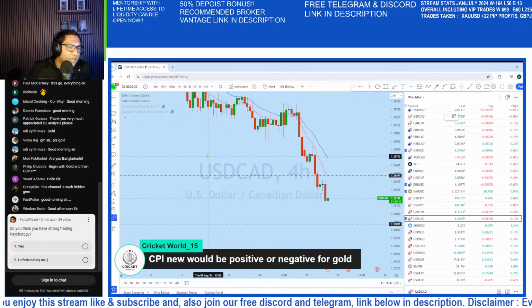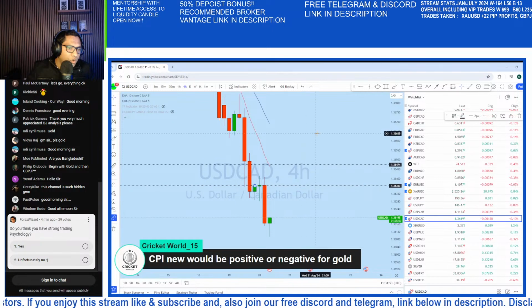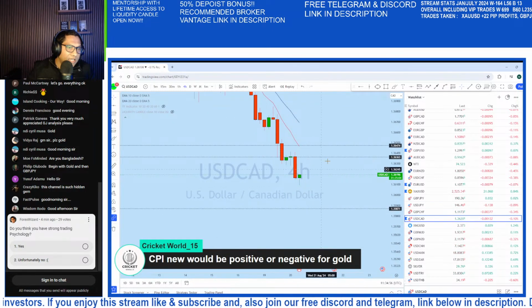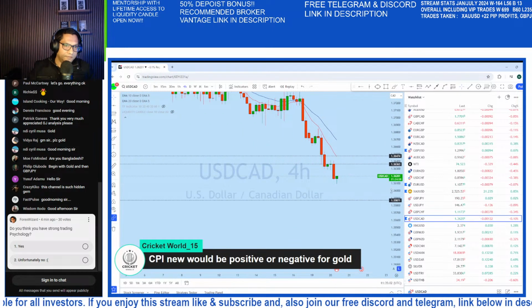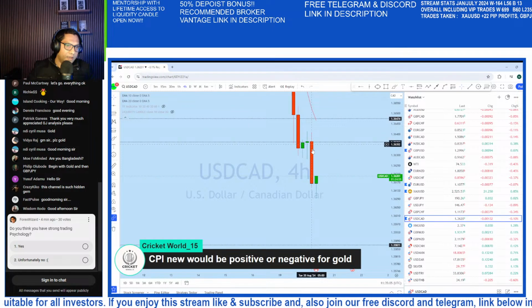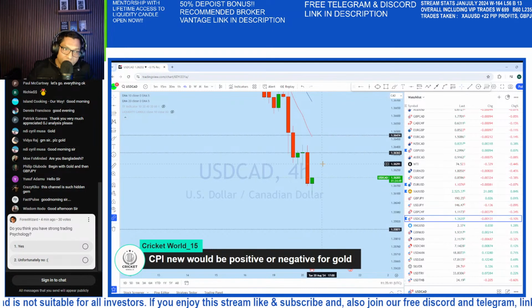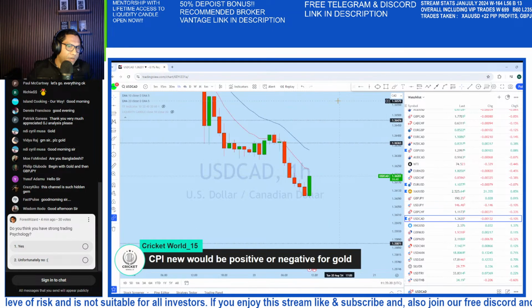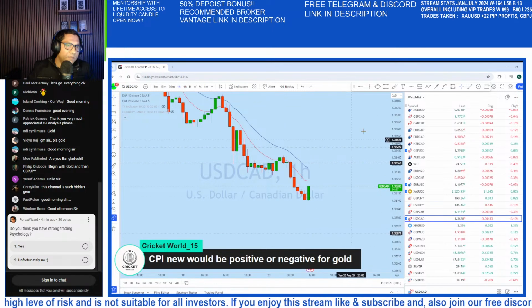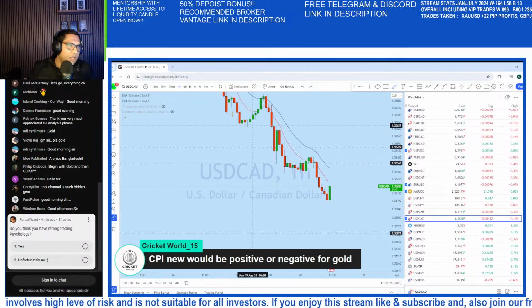We can see that the market on USDCAD is approaching that level, which is also a very high liquidity zone. In this high liquidity zone, you can see the market is now heading towards the upside. What I want to see on USDCAD, with the news, is for the market to move back to that liquidity zone. Dropping down to the 1-hour chart, I think that if it manages to bounce before the news, with the news we might see potentially another drop.